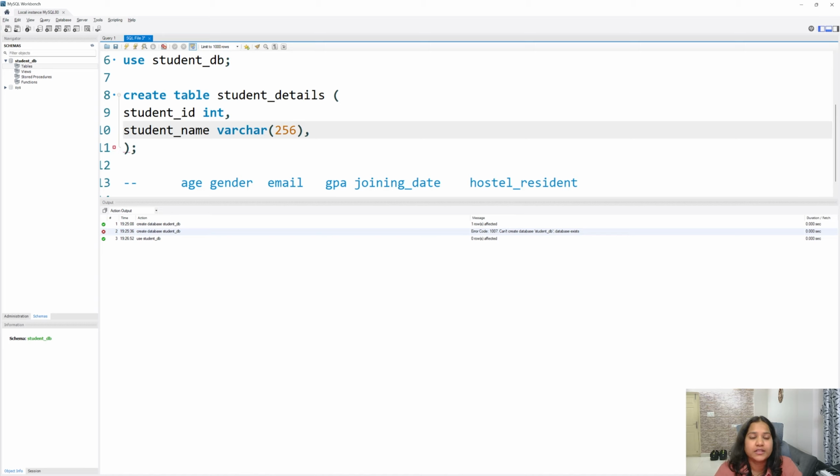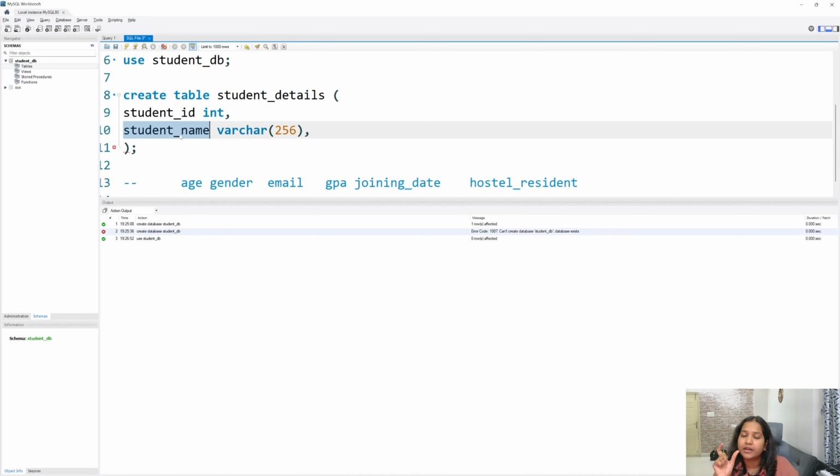Now what is varchar? What is 256? If there are columns where you don't know how many characters they can contain, in those particular columns you have to put varchar. Let's say student name is different for each and every student. Rahul can have 5 letters and Akshaya can have more than 5 letters.